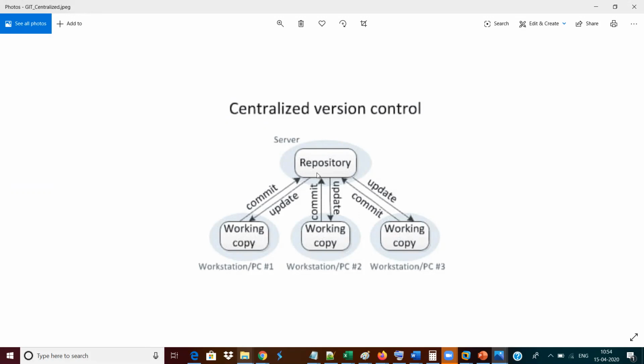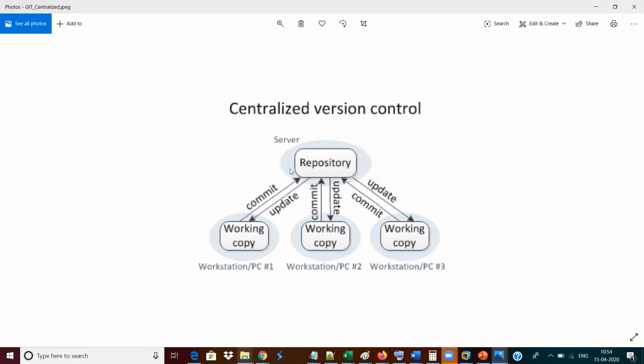So here we have two components. One is called the Git client. Another one is the Git centralized repository. Why do we need this centralized repository? All your content in your real-time environment needs to be stored and kept in one single location, so that it will be easy for others to pull the data from that single place.